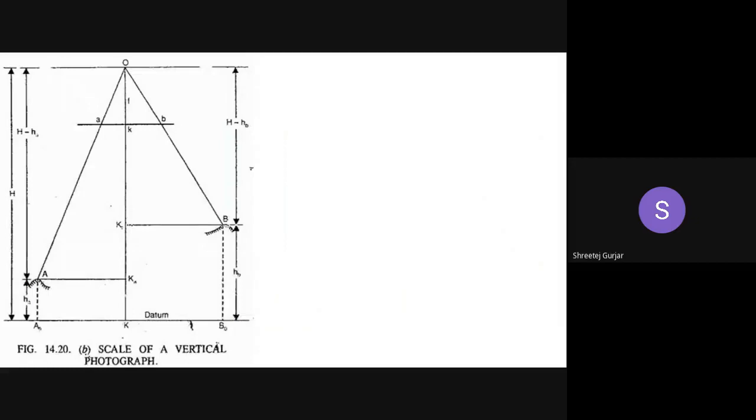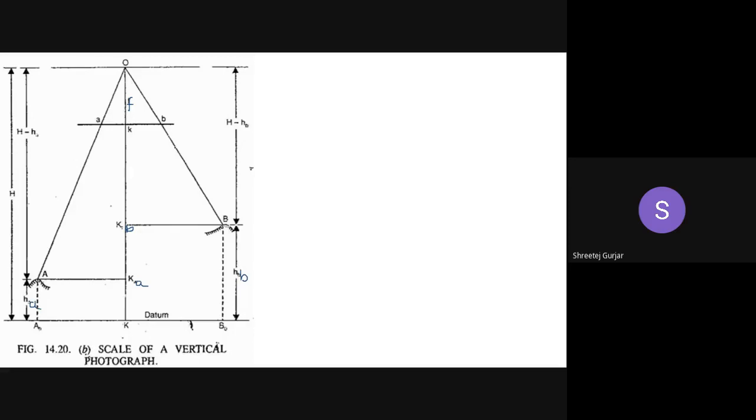So this is a diagram which I have shown you how to draw. Clearly I have shown you. So that is nothing but this diagram, same thing. So this is KB, this is KB. It is not visible. This is KB and this is KA. This is focal length F. This is the K point, principal point K, and this is capital K. A and B, and this is HA, and this is HB, small. Small HA, small HB.